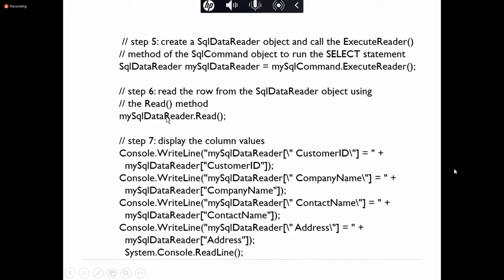Here it is, mySqlDataReader.Read. Now it's reading the record. Then we can display this. Okay, after display, we want to